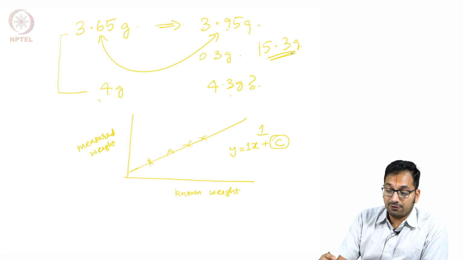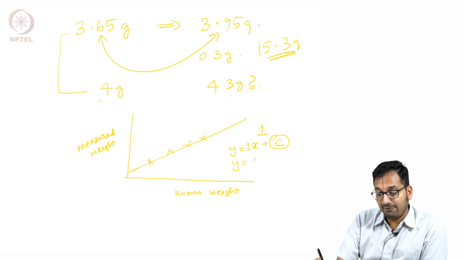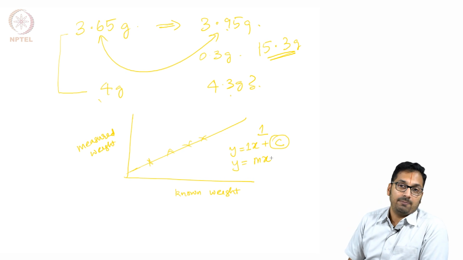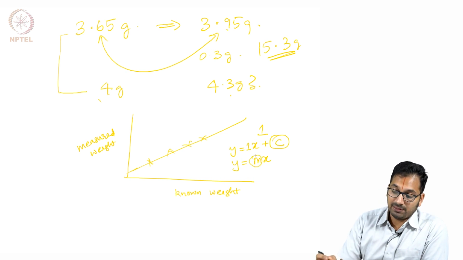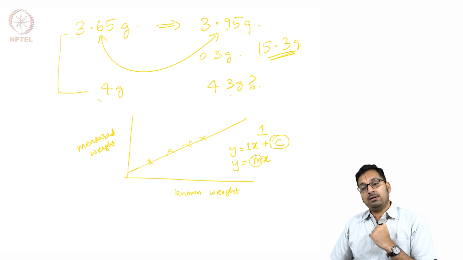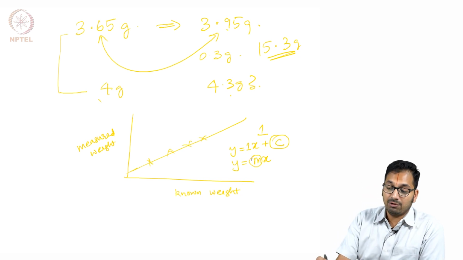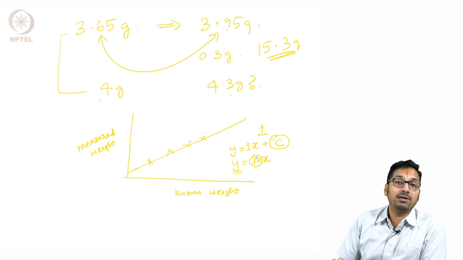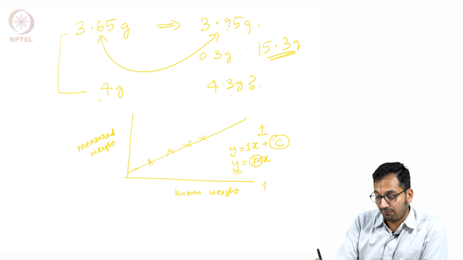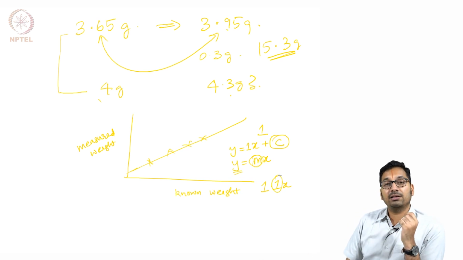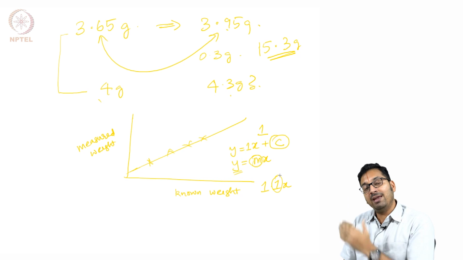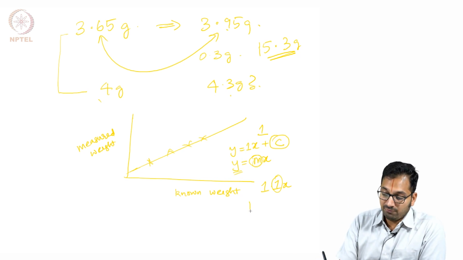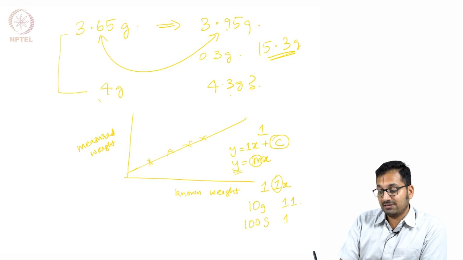On the other hand, it could be the case where you have a slope. What happens with this slope is that as you keep increasing the weight that you measure, you could have more estimation or less estimation depending upon the slope. Let us say you have 1.1 times x, what is going to happen? You are going to have a 10% error associated as you keep on weighing more. For instance, when you weigh something like 10 grams, you are going to get 11 grams. When you weigh 100 grams, you are going to get something like 110 grams.